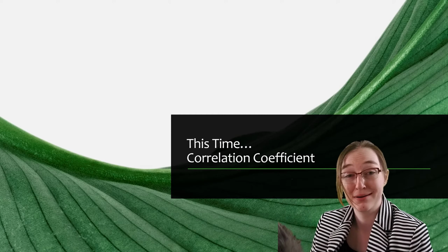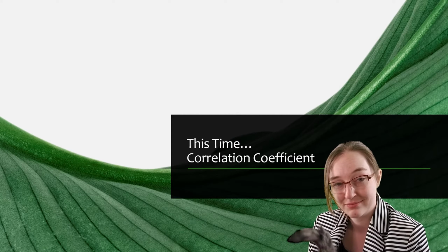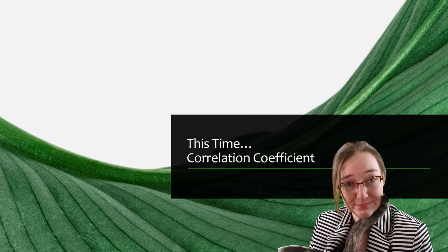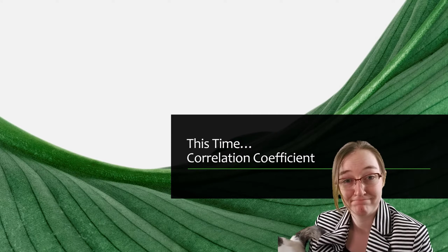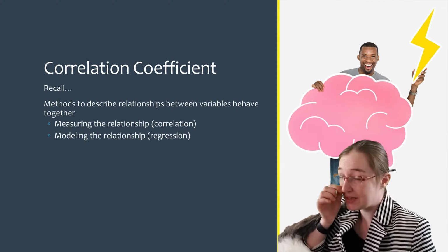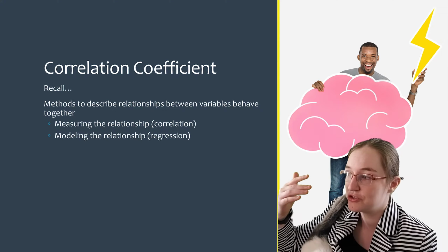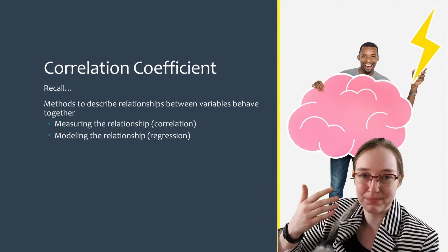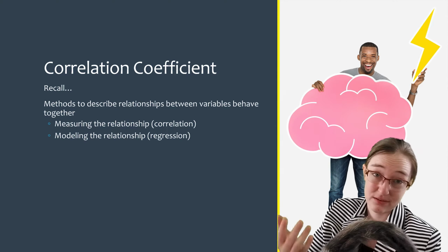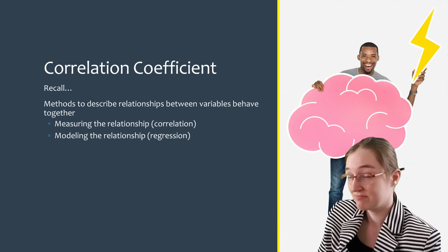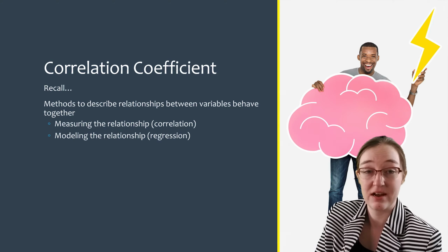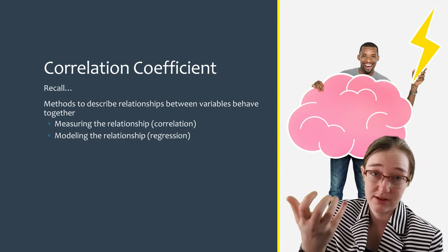Okay. Let's talk about the correlation coefficient. Yep. Let's do that this time. So, the basic idea is that we are trying to describe the relationship between two variables. And there are a lot of methods to describe how these variables move together. Now, I'm going to focus here on the correlation, which is a method to describe how things move together. But we can also model how things move together using regression. Correlation would be